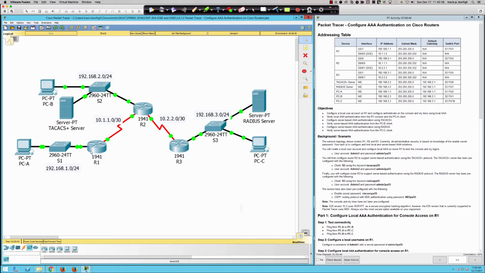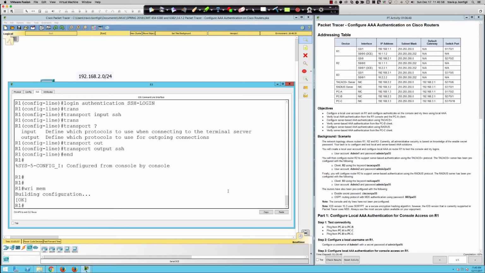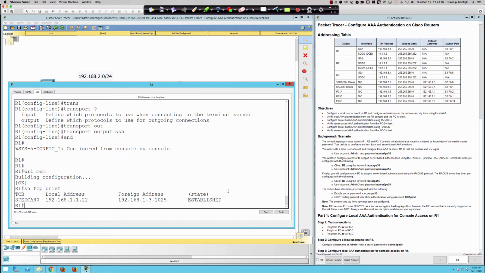Now, SSH uses TCP. So the command's probably not here. This is a great command. Oh my goodness. Okay, fantastic. Packet Tracer pulls through. So this command right here is one of my all-time favorites. Show TCP brief. Because it's going to show me any TCP-based sessions that this router has established. Now, it's not going to show all the TCP sessions running through the routers, right? Or through this router. This is for